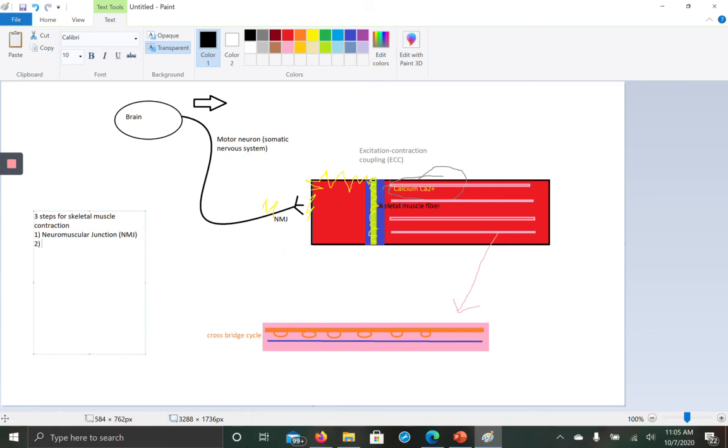Step 2, excitation-contraction coupling, abbreviation ECC. And third, we have the cross-bridge cycle. So I know this paint drawing is a little bit all over the place, but